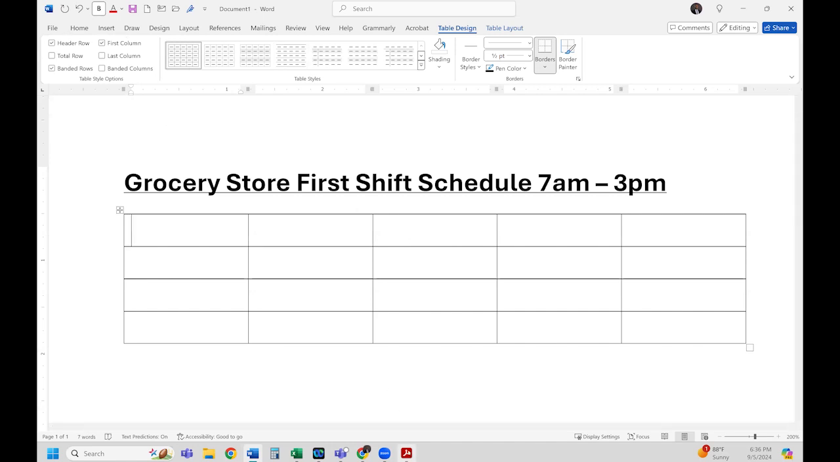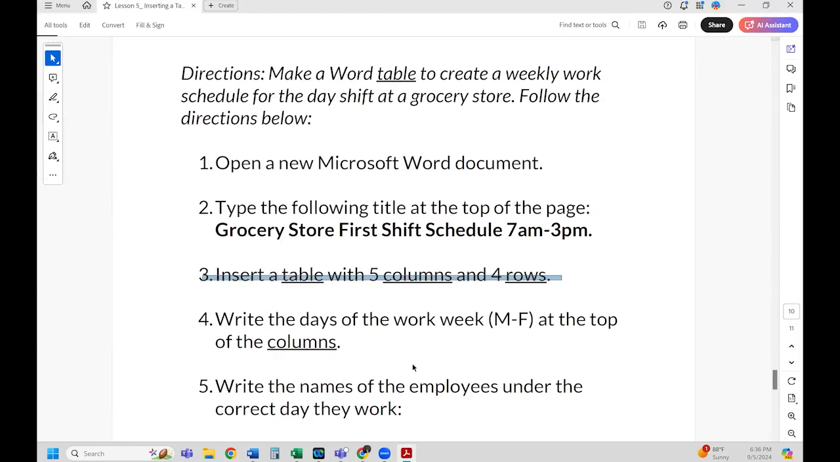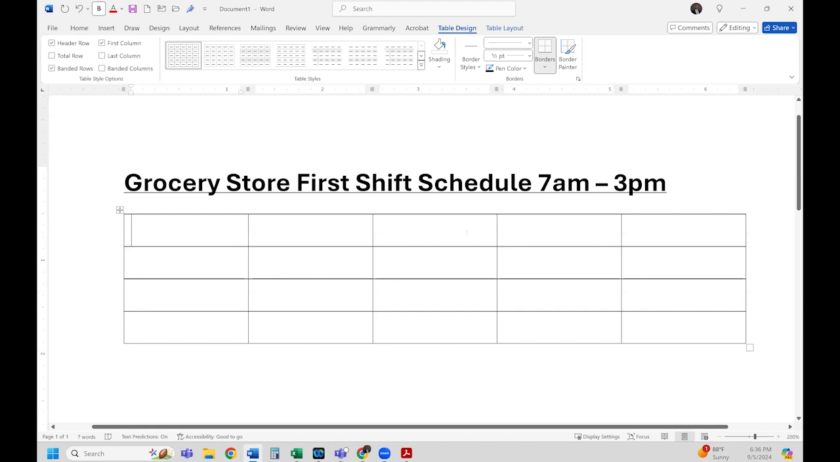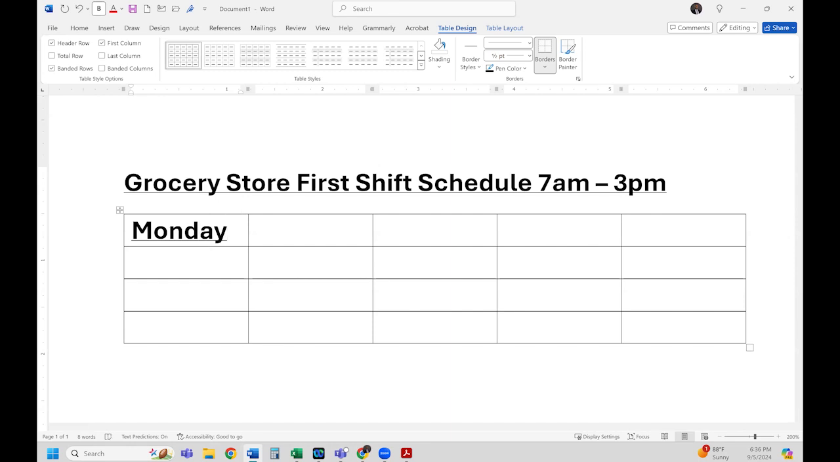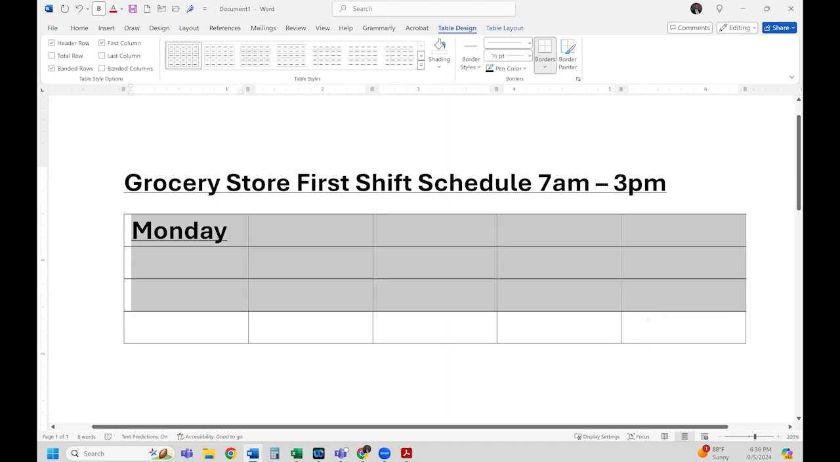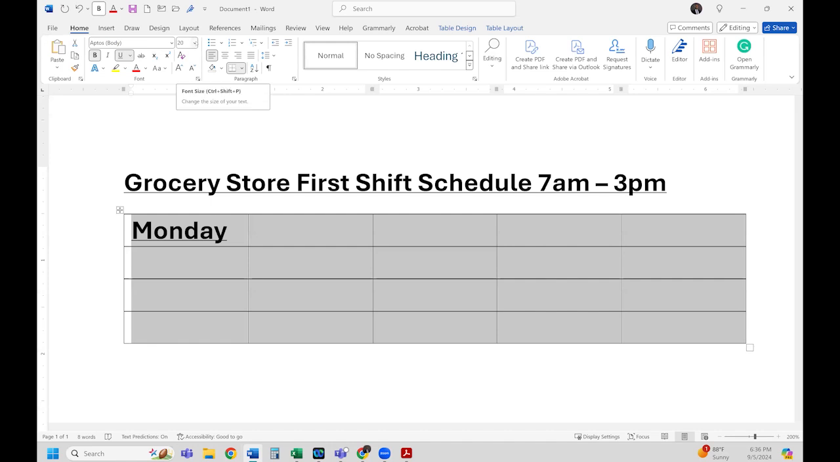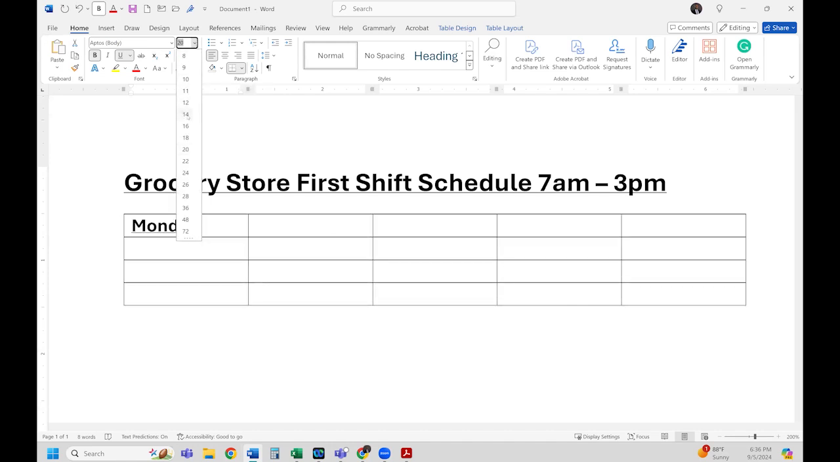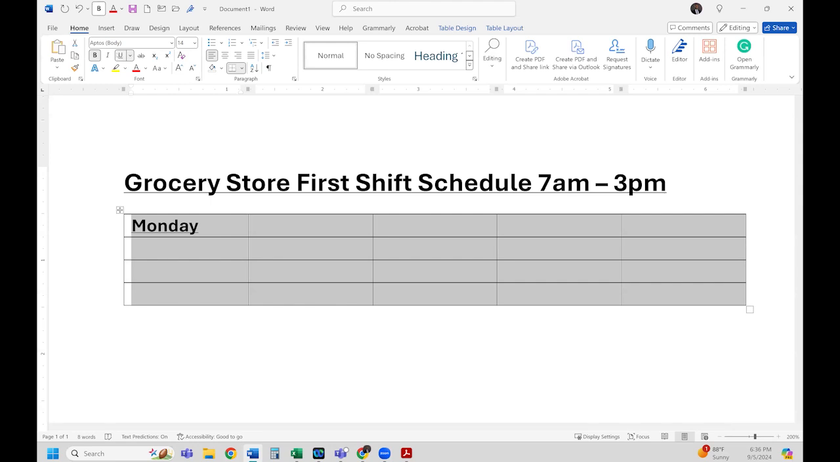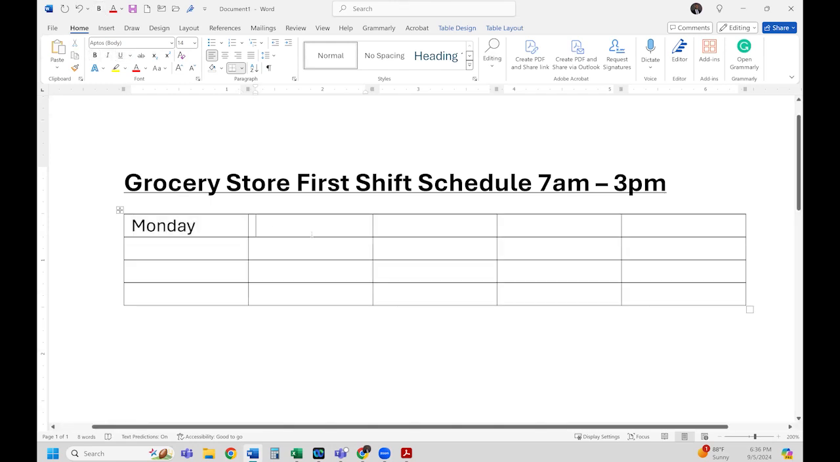All right. Let's go and see what the next step is. Then it says write the days of the work week, Monday through Friday, at the top of the columns. All right. So right here, we're going to write Monday. See what it did though? See, it used the formatting from up here. So I'm actually going to go ahead and select everything. And I want to fix that formatting because we don't want it to be all big and whatnot. We want it to be looking kind of more normal. I'll just do 14. We'll take off underline and bold. Okay. So Monday,